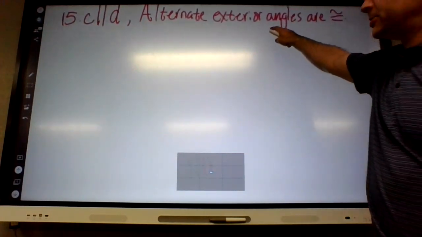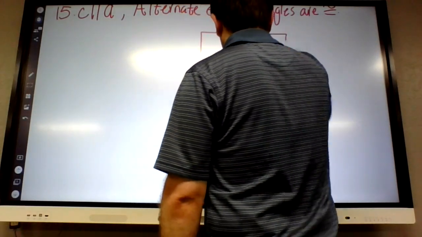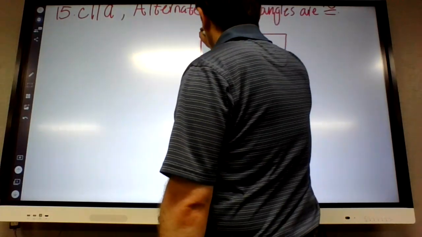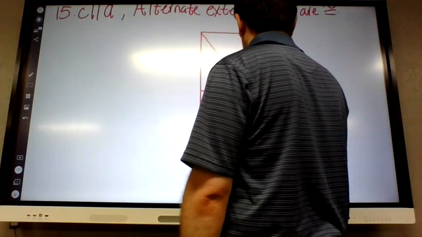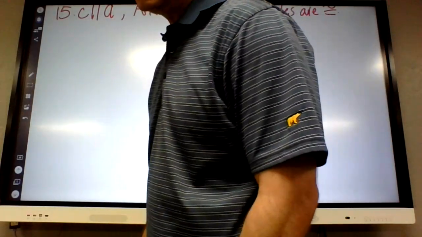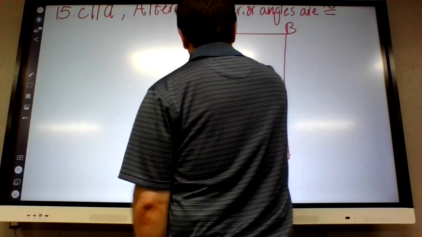Alright, and then our last picture is a door. A, B, C, D, E, F, G. I see what they're trying to do. They're trying to make it seem